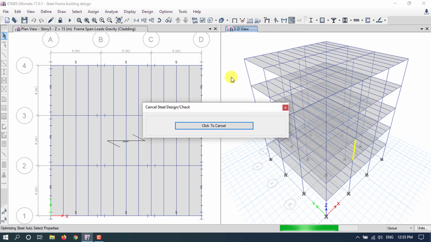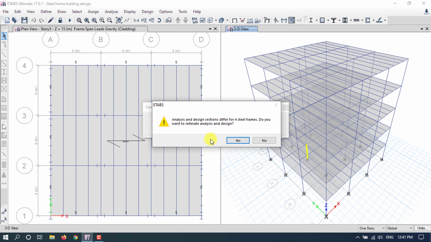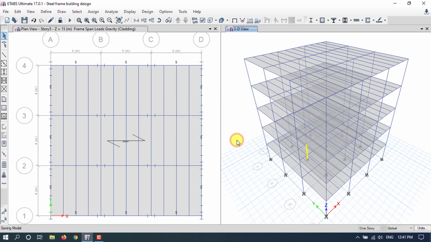Here analysis and design section differ due to the auto selection list. At the time of auto selection list, ETABS assigns the median section. Okay, analysis and design section differ only for 4 steel frames. So let's click yes again.